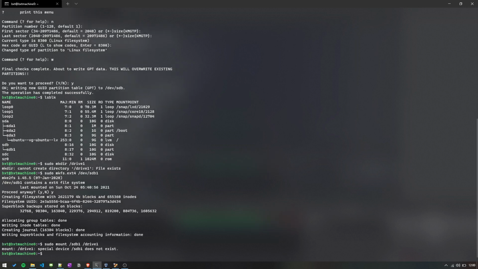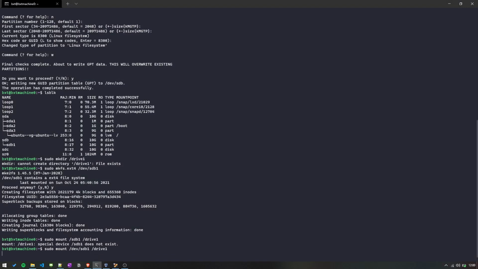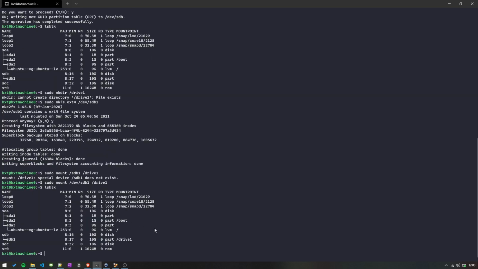We'll do that, and it says that it does not exist. We basically forgot to mention /dev. Now it is mounted, so we'll run lsblk again, and as you can see, our sdb1 is mounted on /drive1, but this is a temporary mount point.